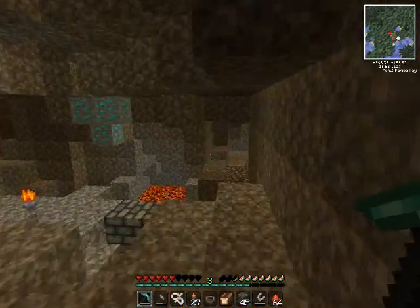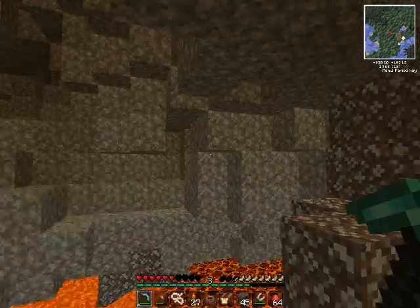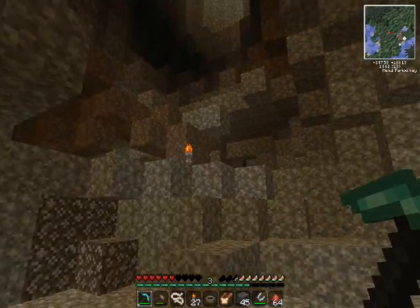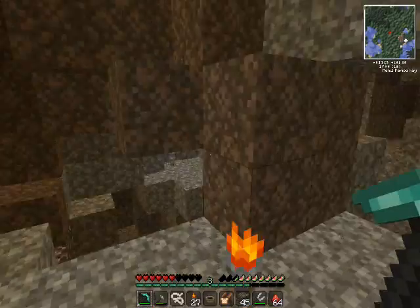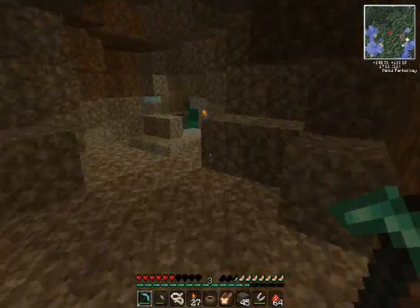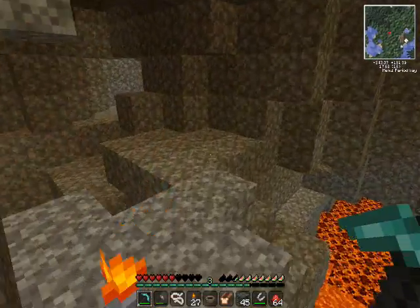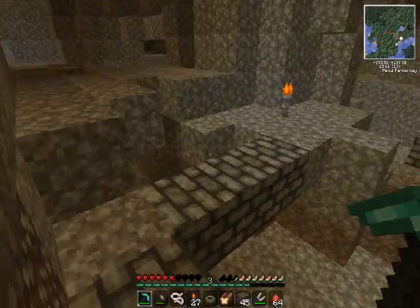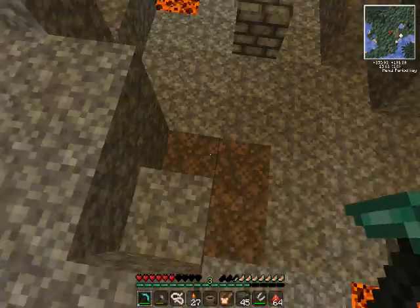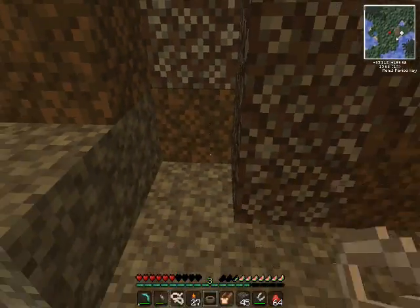And then we actually came down. I made the diamond pickaxe to get obsidian, which we need for a transmutation table, which we can use to turn, I think I've said this, turn all the gems into diamonds. So I found some, I know I've gone past obsidian. I did know I went past obsidian when I was doing this too. I just got distracted by all the minerals and stuff. So I go back, find the